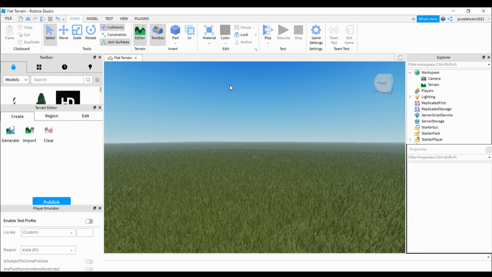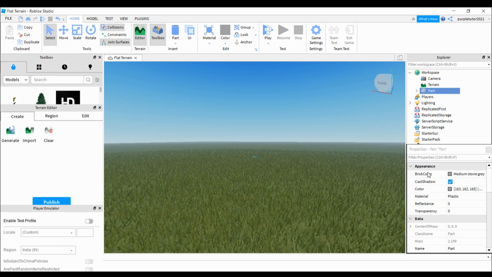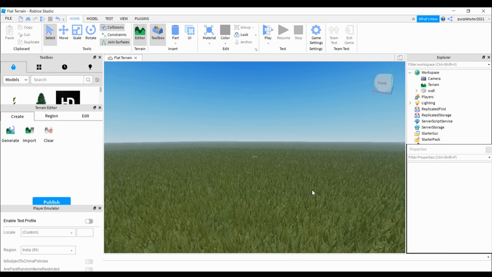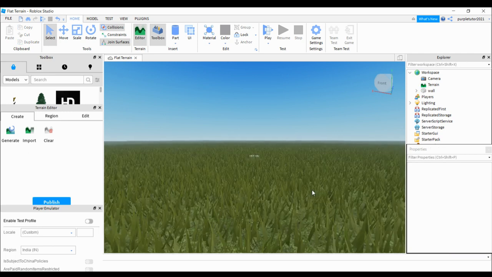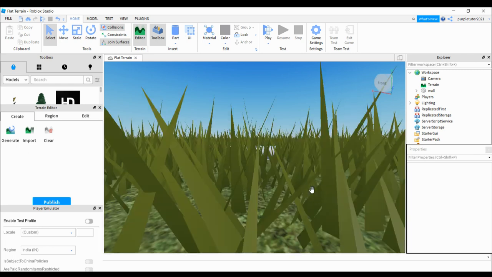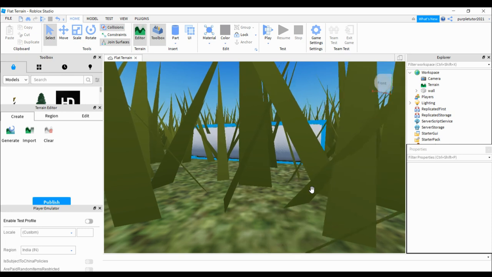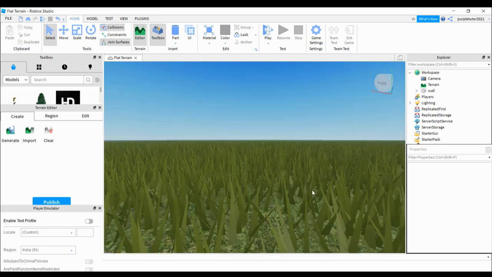Now let me select another part. Let me take a cylinder for example. Now it has been created, and again it's very far away so I can't see it, but on the right hand side you see the part that has been added. So I'm going to rename it to wall. Let's go closer and see that part from a closer perspective. I'm going to take my camera very close to that part so that I can see where it is located. Now it's somewhere in the grass. I have to see it properly. So what I'll do is I'll press E key and move